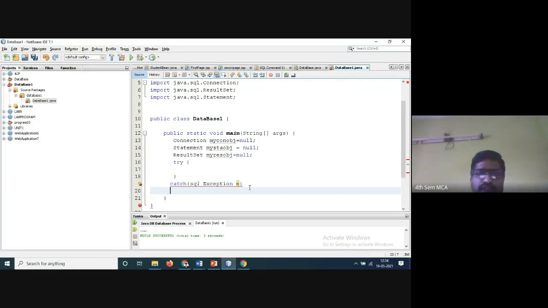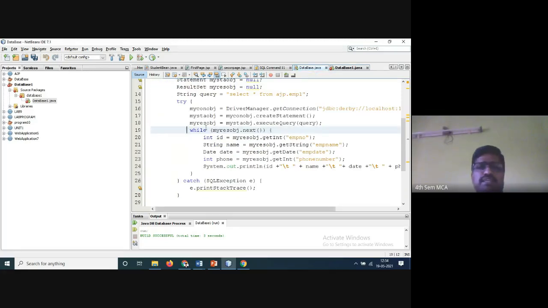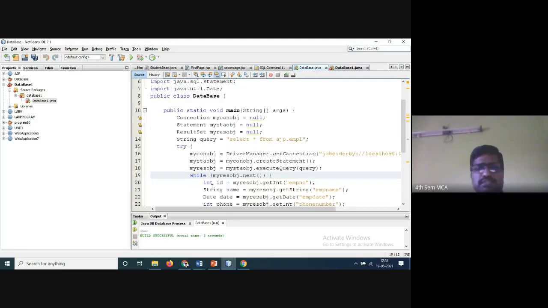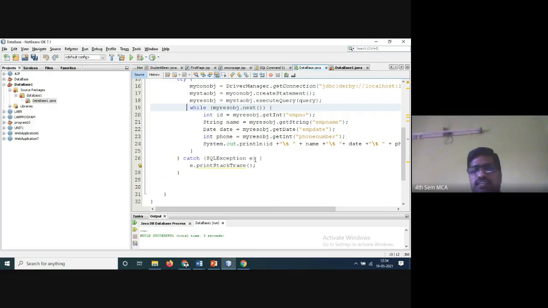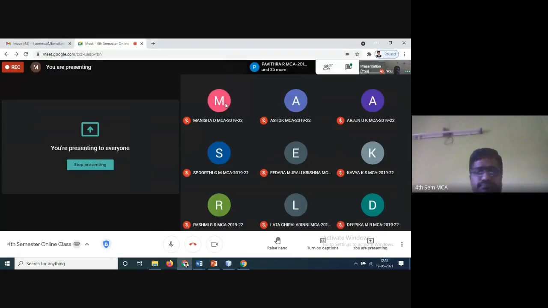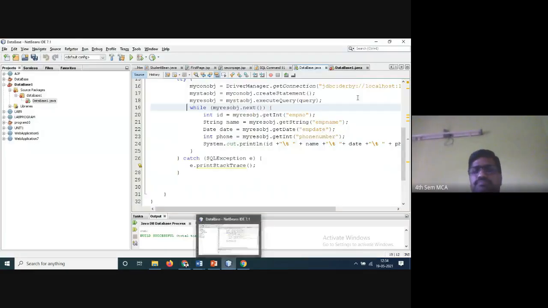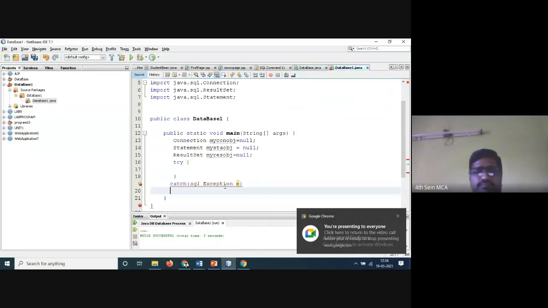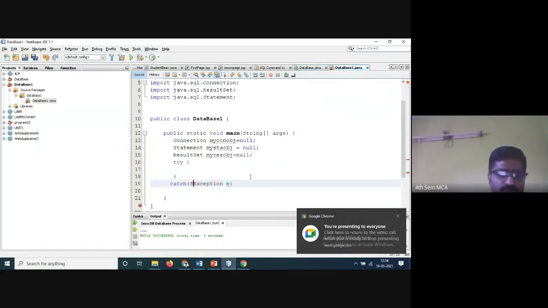So this one I have already done it, but once again I'm typing that stuff. So here is SQLException e. I have to write SQL in capital letters.